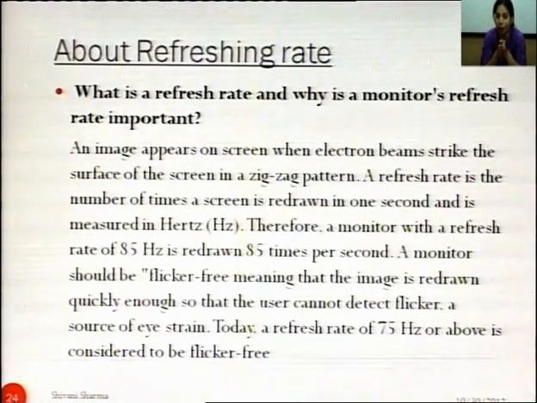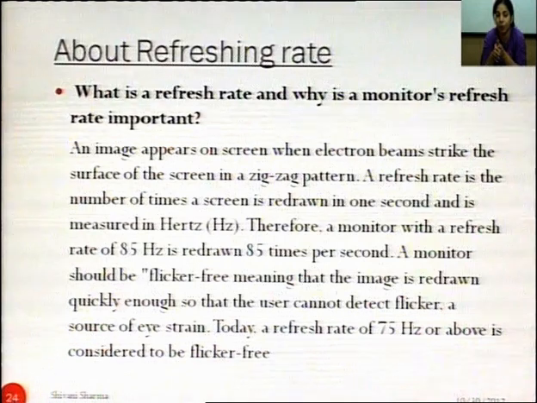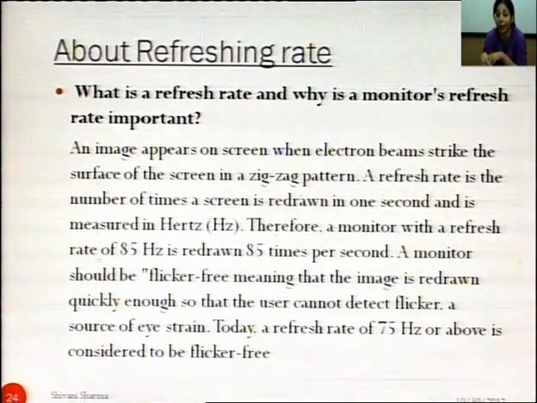Then about the refreshing rate. What is the refreshing rate and why is it important? An image appears on the screen when electron beams strike the surface of the screen in a zigzag pattern. A refresh rate is the number of times a screen is redrawn in 1 second, and it